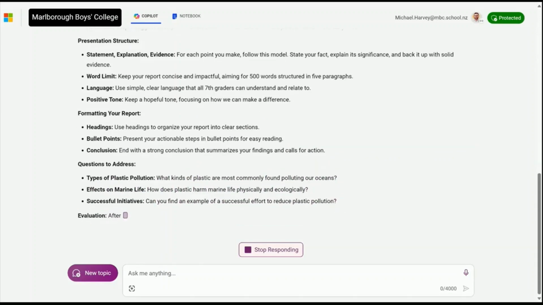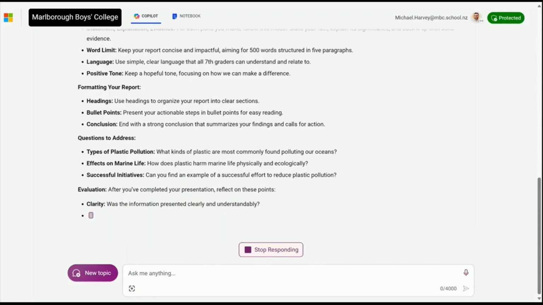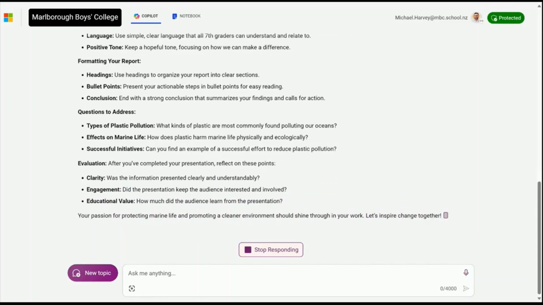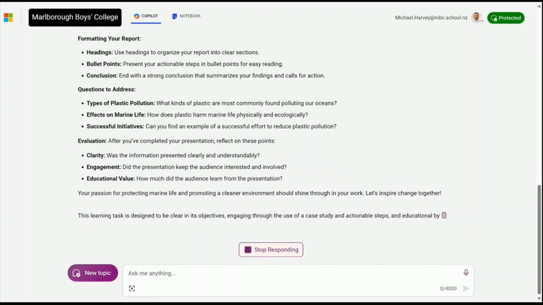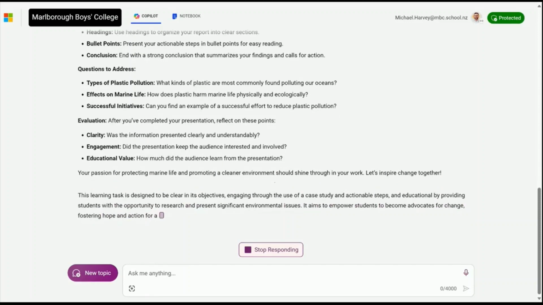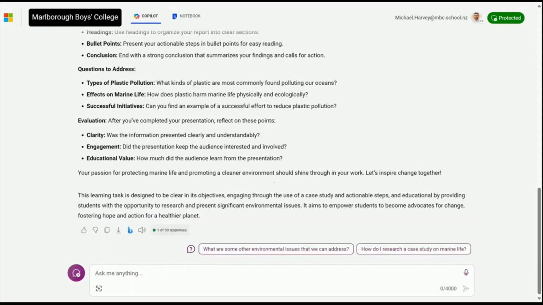So the PREPARE model is, I think, an effective way to prompt engineer to get really effective responses back from ChatGPT models like Copilot. Okay, so hopefully that's helped you see how prompt engineering can help you improve your